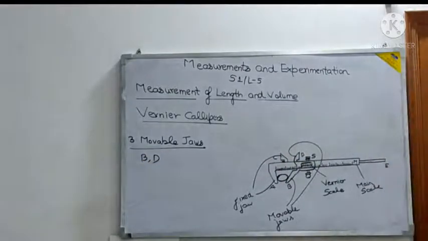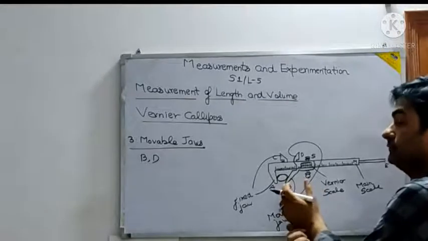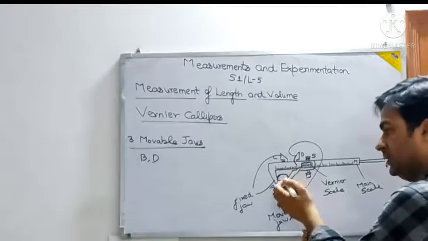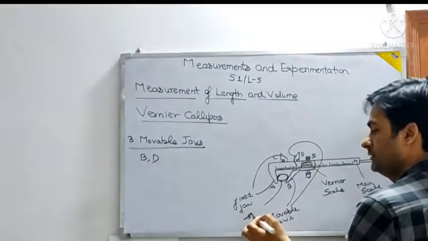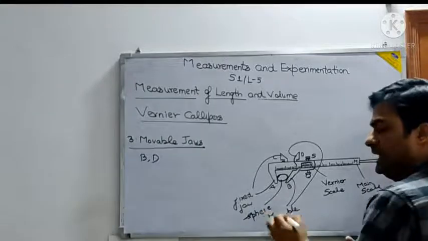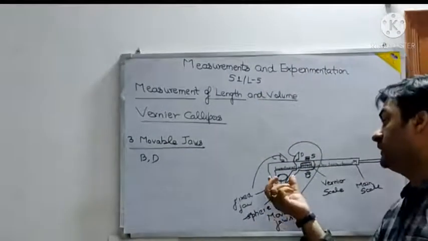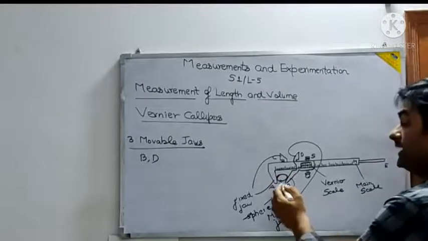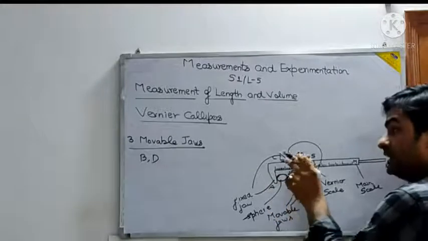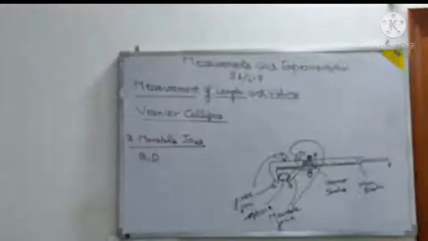What is so specific about them? The vernier scale carries jaws B and D projecting at right angles to the main scale. They are called movable jaws. When the vernier scale is pushed towards A and C and B touches A, the straight side of D will touch the straight side of C. When you are measuring the external dimension of something, like this sphere here, one end of the object touches A, the other end touches B, and then C and D also touch each other.